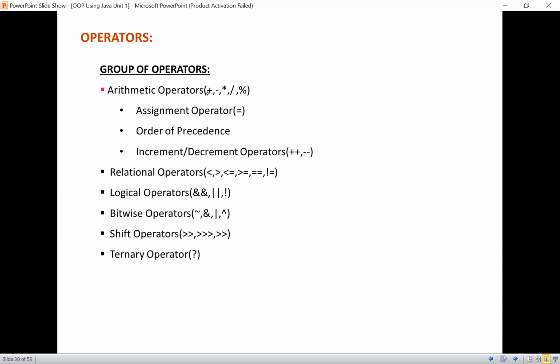See, if you represent with the plus sign, it is nothing but addition. It is going to add values on either side of the operator. In the same way, subtraction, multiplication, division, and then modular division. Coming to the increment and decrement: increment is going to increase the value of the operand by 1, and decrement is going to decrease the value of the operand by 1. Okay, this is with the